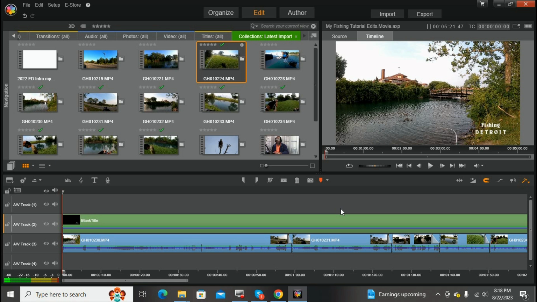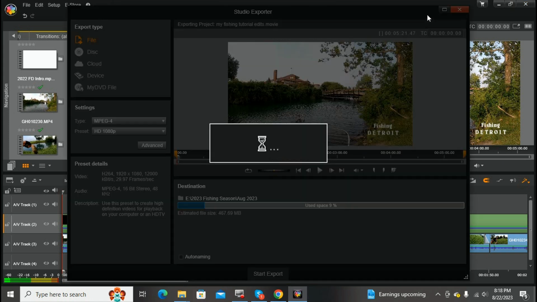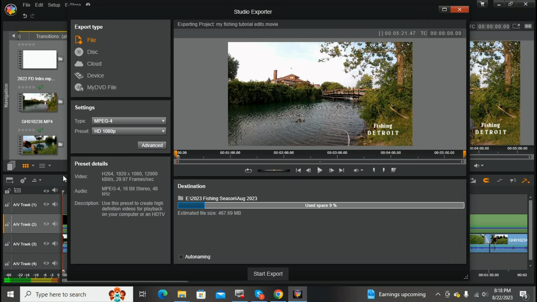Once I'm done with that, now I'm ready to export the file to an MP4 so that I can export it to social media. So I'm going to go to the export, and I'm going to have it as an MP4 HD 1080p. Got that already set, and the file that I'm going to save it in is Fishing Season August 2023, and